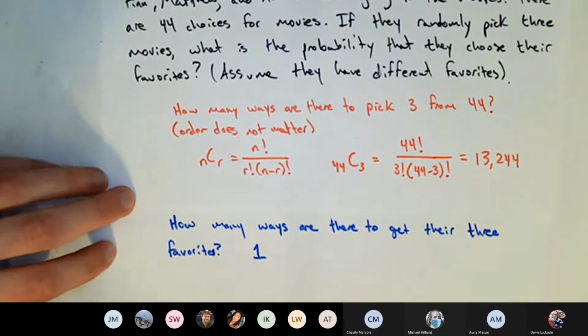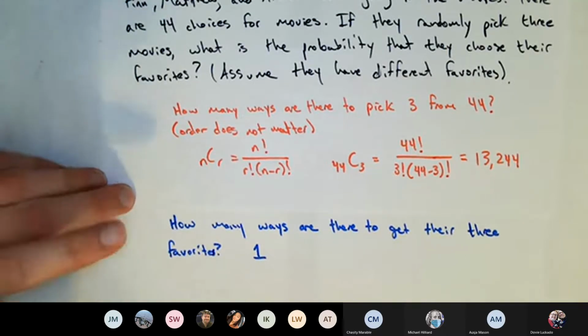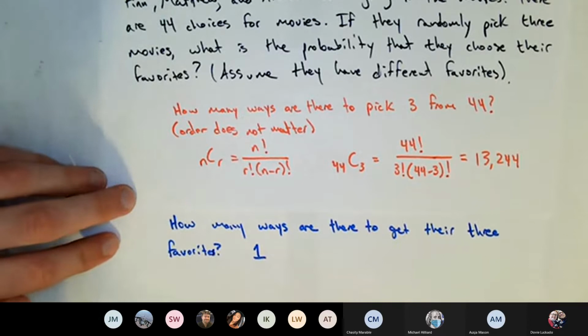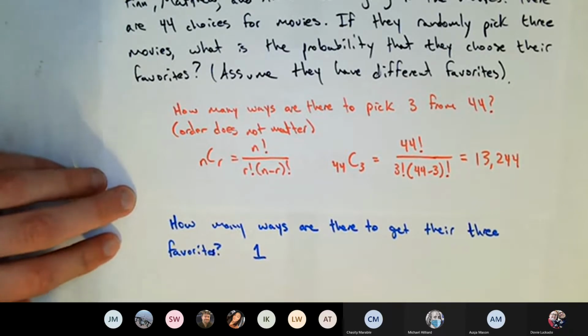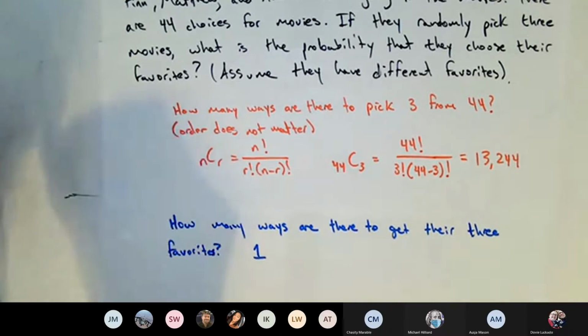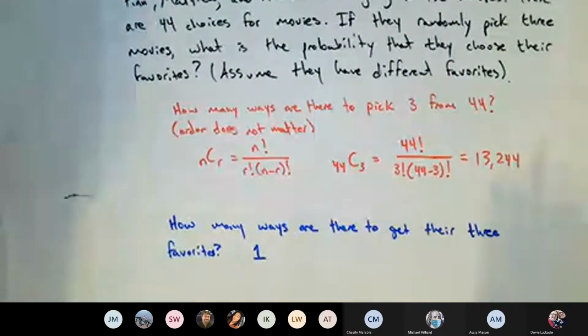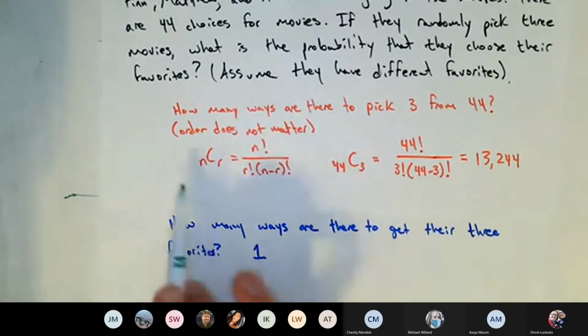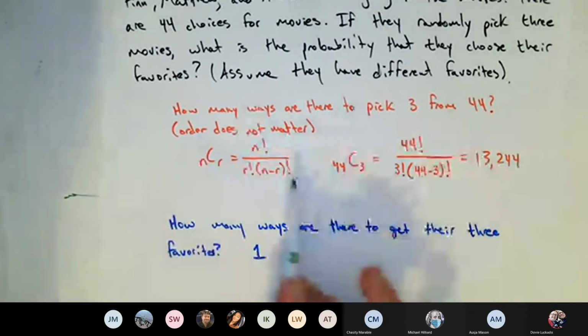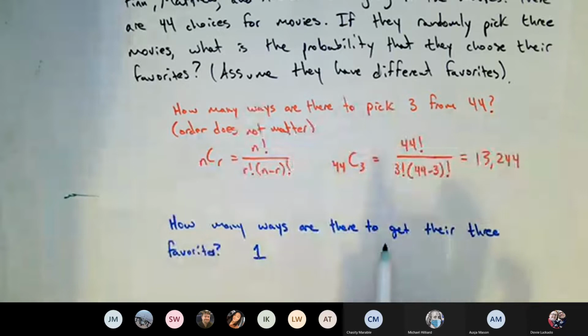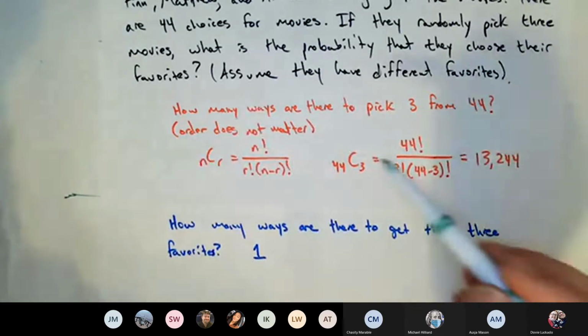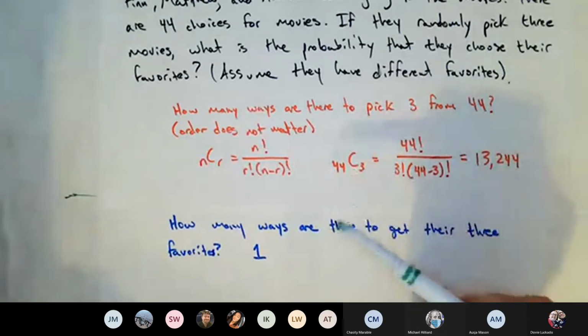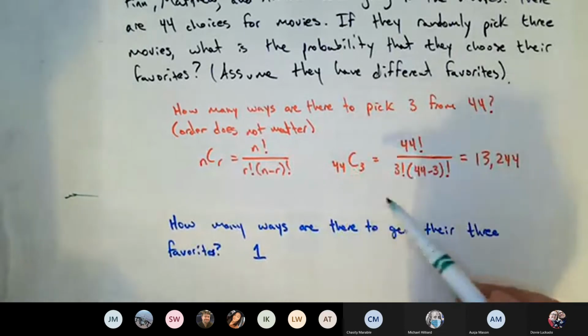If they were picking 5 movies, it would be a little bit more complicated, because there's more wiggle room for extra choices. But in this case, if you're picking 3 movies and there are 3 distinct favorites, then there's only one way to make that happen. So all of the brunt of the work in this problem is coming from deciding the size of the sample space, figuring out, should I use a permutation or a combination? Once I do have that figured out,